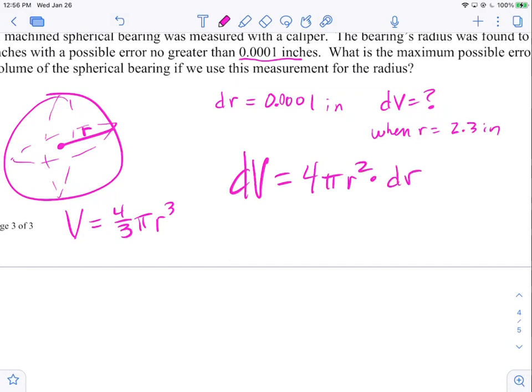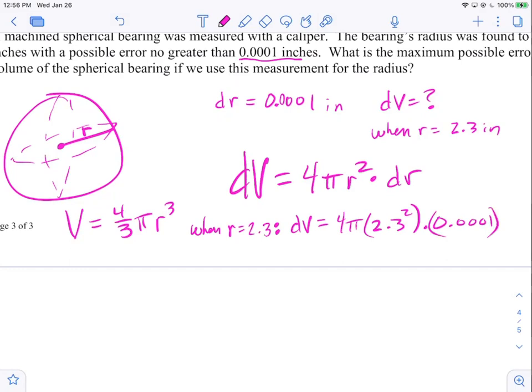And again, you could do that in a two-step process. Take the derivative, then multiply both sides by the differential of the independent variable. And now we can plug in when r equals 2.3. We always show what we're doing. The differential of the volume is 4 pi times 2.3 squared times